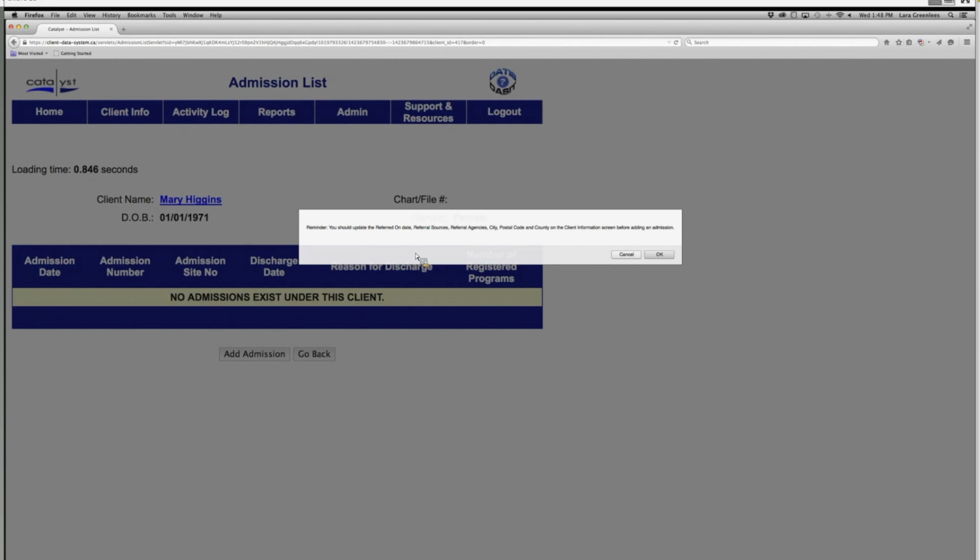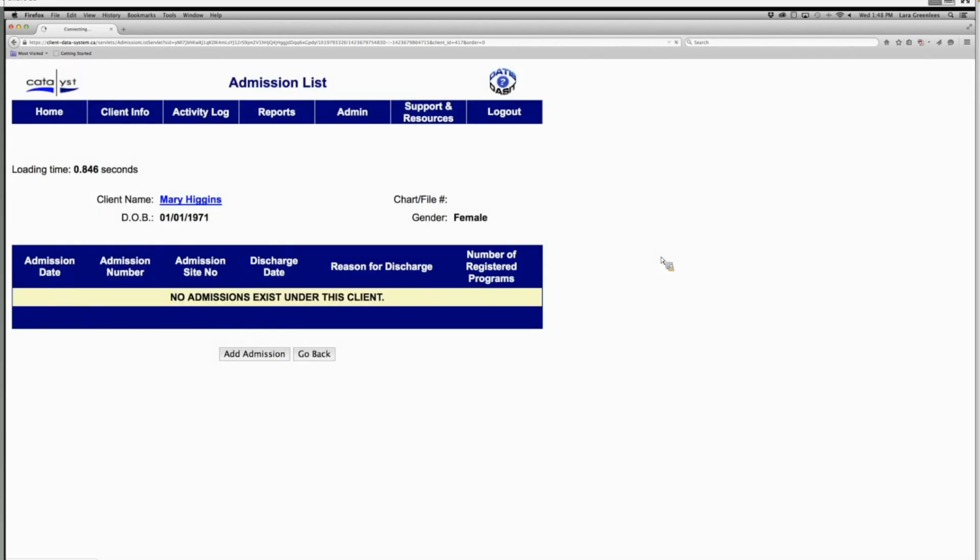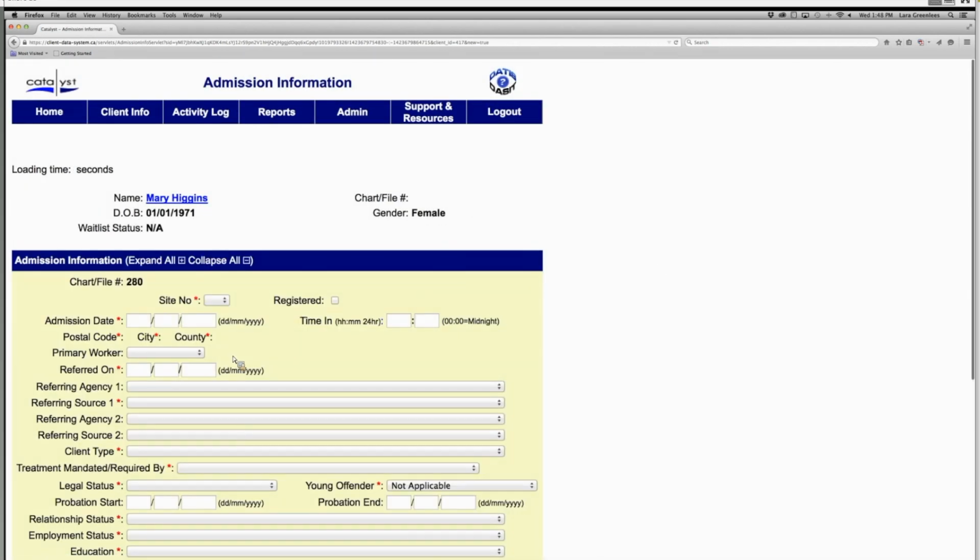But should this client have presented 2 years ago and then come back for a repeat admission, the information on her client information may have changed and you want to make sure that's up to date. So this is just giving you that heads up to go back and change it before going ahead with the admission, but we don't need to. We click OK. And we're brought to the admission information